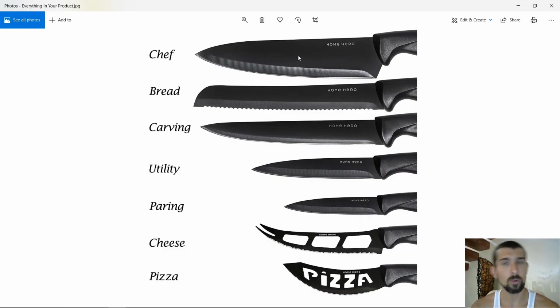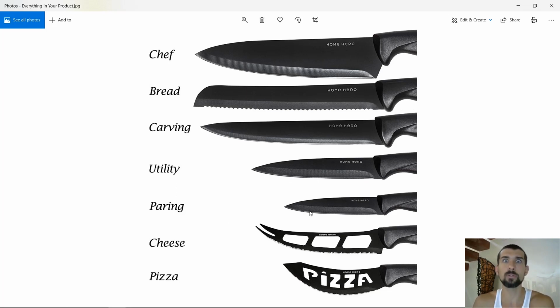Oh, there's another one. It's more of a feature and kind of what we have in our product picture. It's a knife set. So we have a chef knife, bread knife, carving, utility, paring, cheese, and pizza. Why are these keywords here? First, because they're also using them in their listing, but also for the perceived value. When a person sees there's a pizza cutting knife, he's like, oh, that's nice, I like cutting my pizza. Or there's a carving knife. Maybe he's looking for a bread knife. There it is, part of the set.